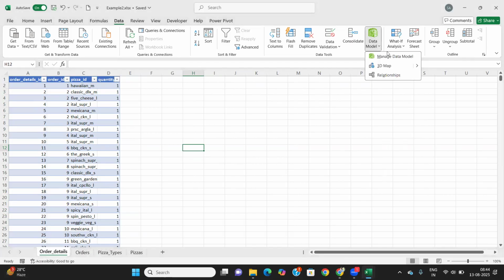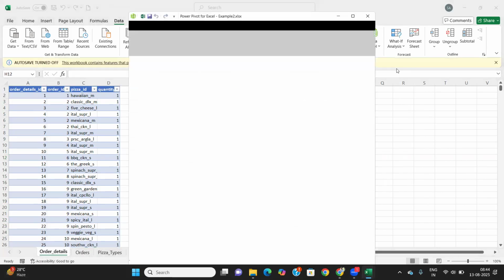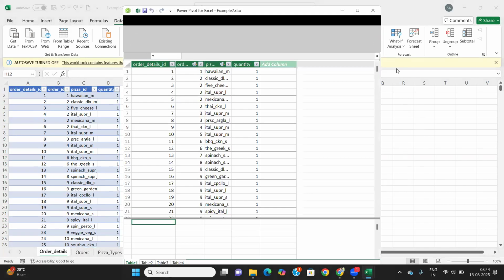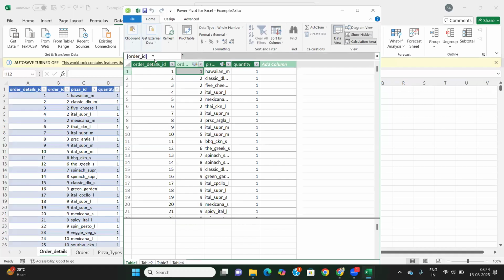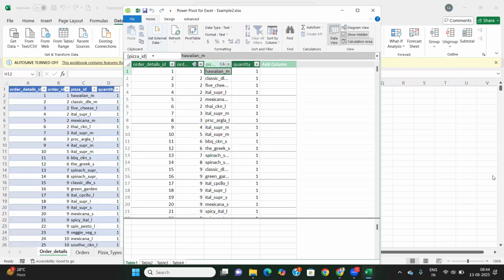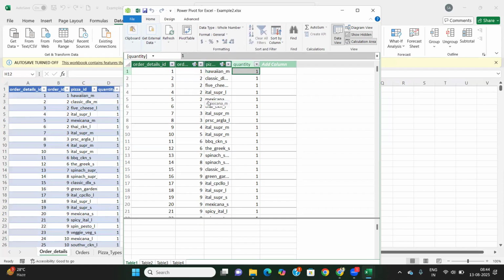And then for this data, you can create it in the manage data model right here. When we calculate on this data, what will you get here? Here we get this data. This is the common data right here, and then come to this box: order ID, order details. If you want to see any data, suppose this data you want and this data you want. This data model is mainly used for making relationships, and after making your relationship, you can calculate